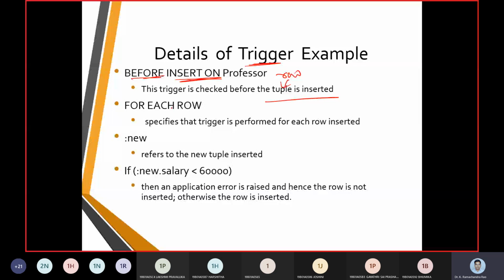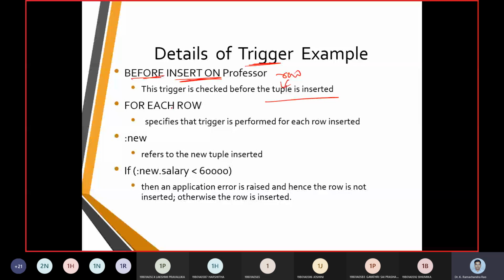Obviously, what we were doing was: create or replace is a reserved word here, and trigger is also a reserved word. Then we mentioned display salary change, which is a user defined trigger name.